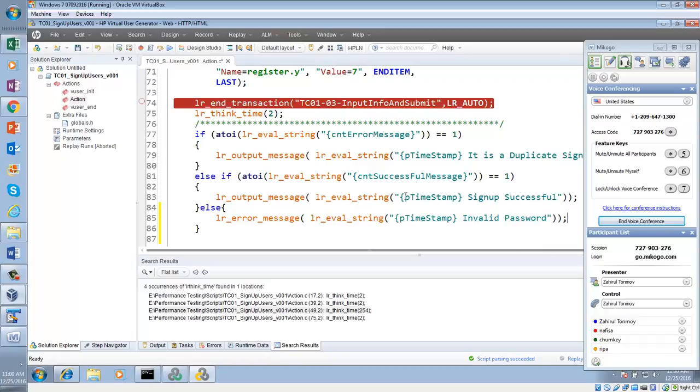what I want to do here, LR exit, and here LR exit iteration and continue.